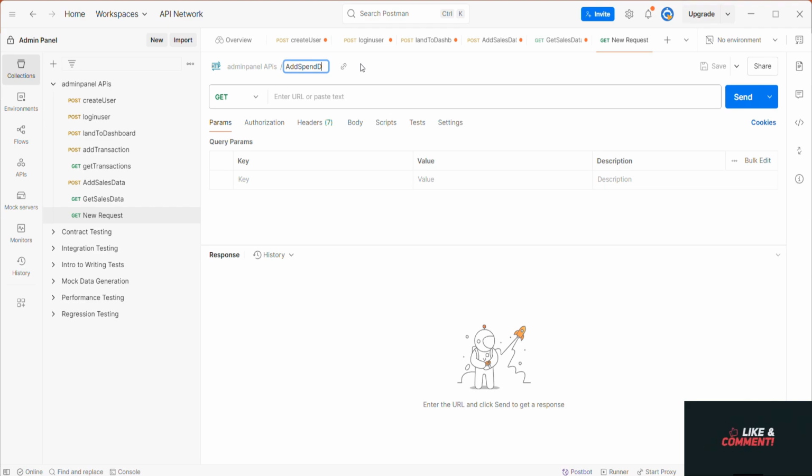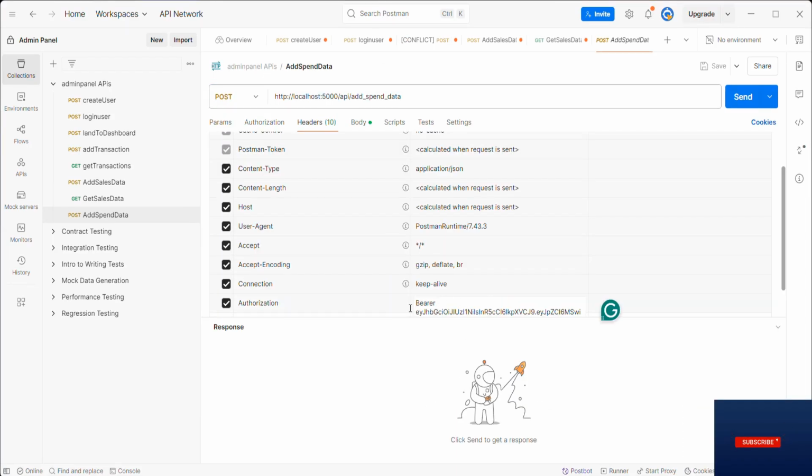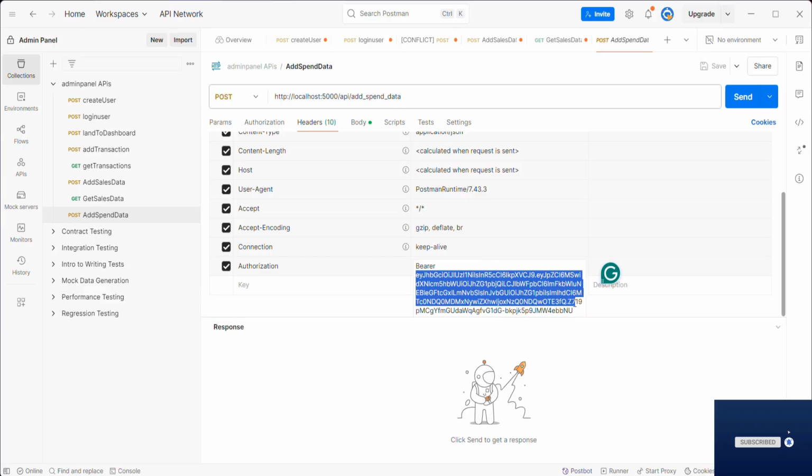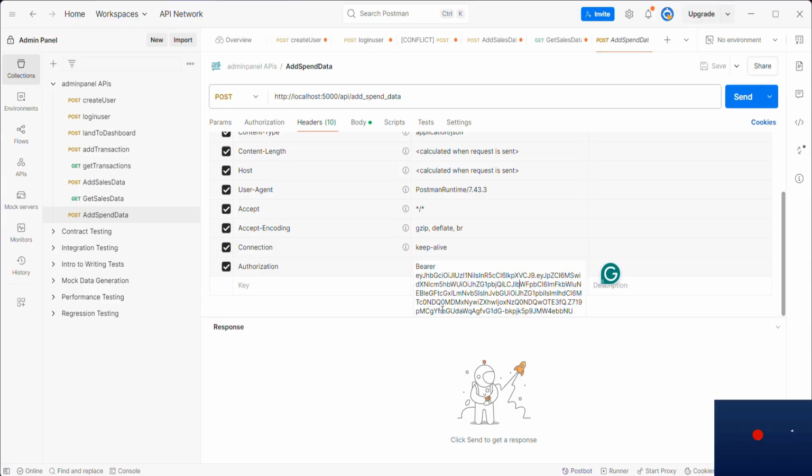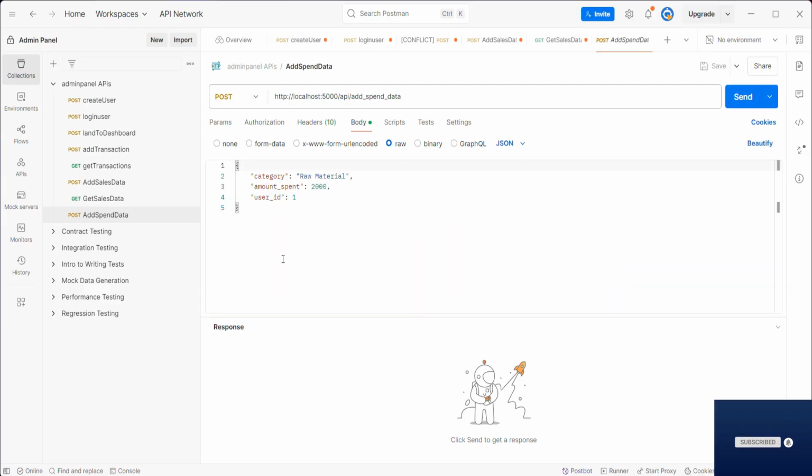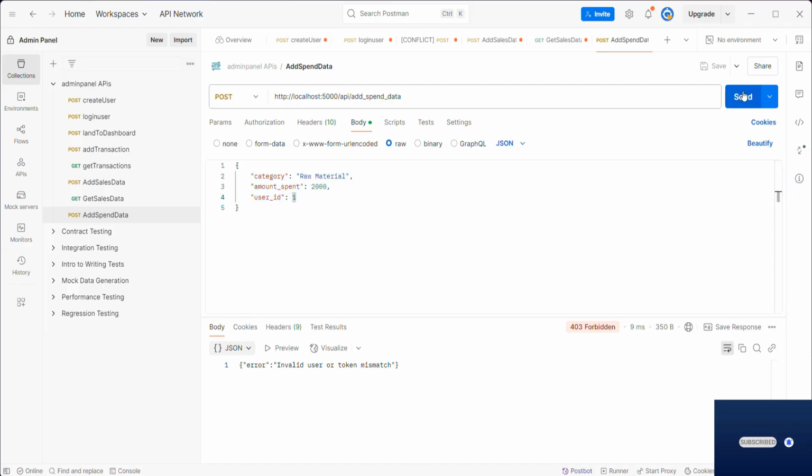Now we are creating a new request in the same workspace and naming it AdSpendData. Under the Headers tab, the authorization token is added. And in the Body tab, under Raw, we have added the required parameters.